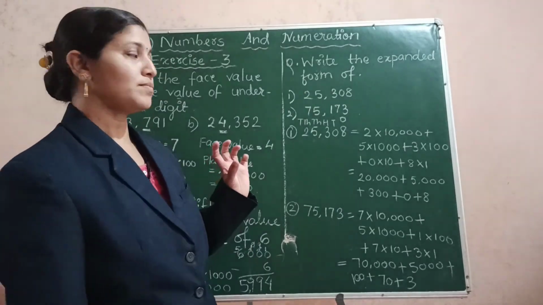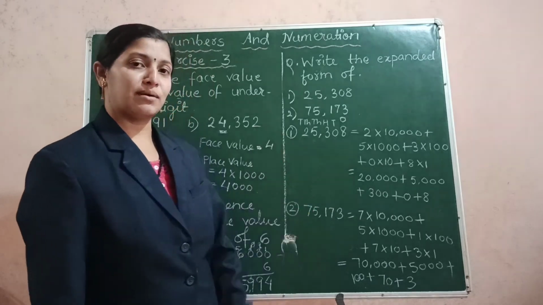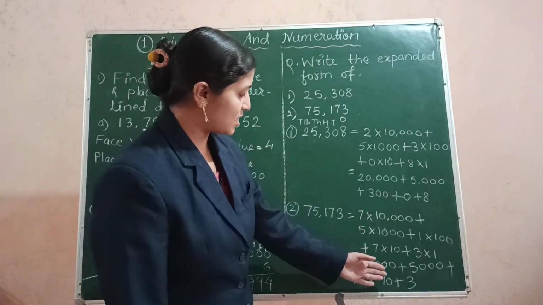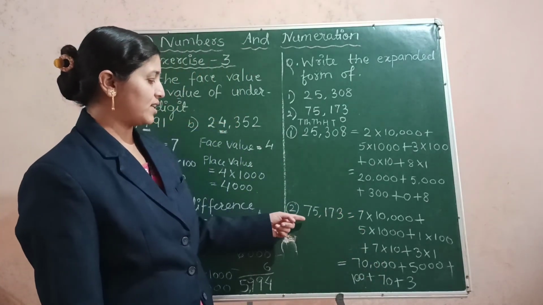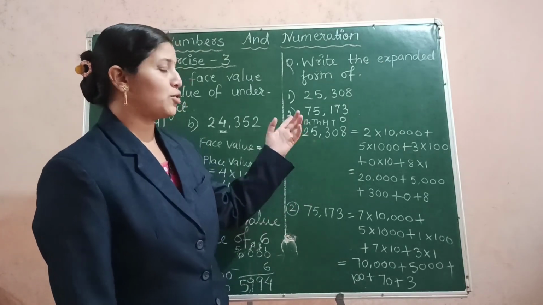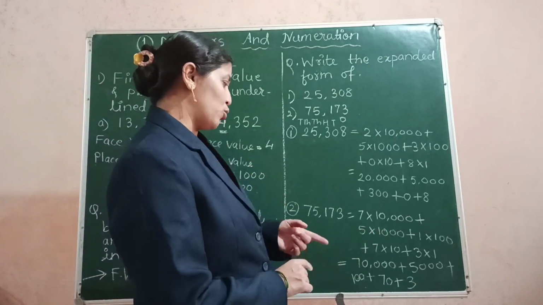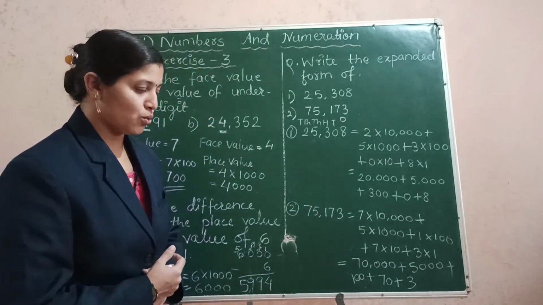The last question is also there, in which you are given the expanded form and you are expected to write the expanded form into number, which means you are given this expanded form and you have to write it in this form. And now what did I show you? A number is given and you have to expand it. Okay, so it is just the opposite. You can do it on your own.